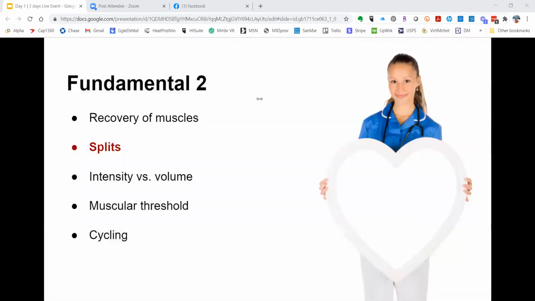The next fundamental is the split. So that's what I just went over with a 3-day split, a Monday, Wednesday, and Friday. A 2-day split, you would need to do a full body workout each time. Typically, you'd want to do like a Monday, Thursday, Tuesday, Friday, Wednesday, Saturday, something like that. But the first workout might emphasize back and chest and say arms, and the next workout would emphasize legs, shoulders, calves, and abdominals. You would work each muscle group each day, but you'd put an emphasis on a different area.